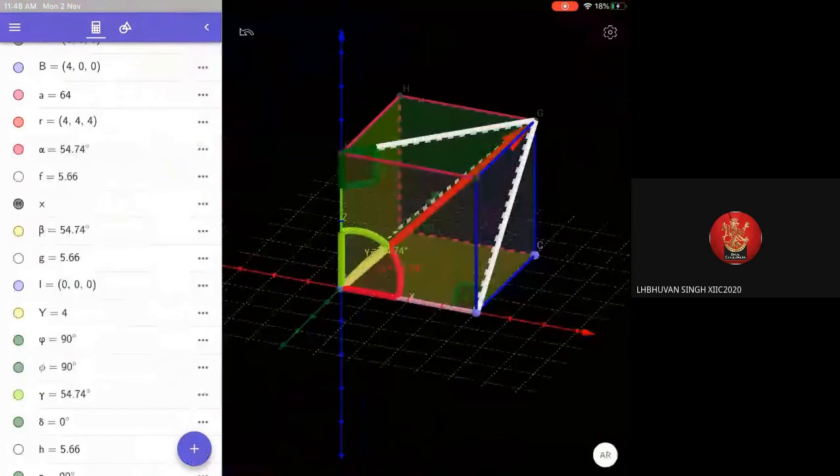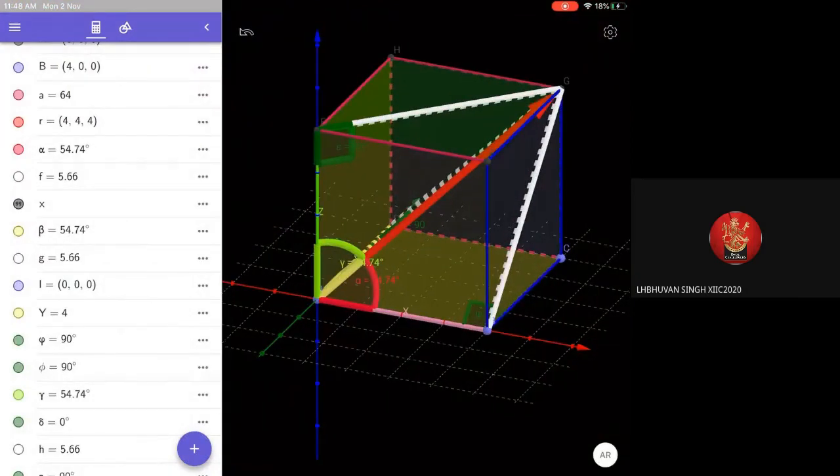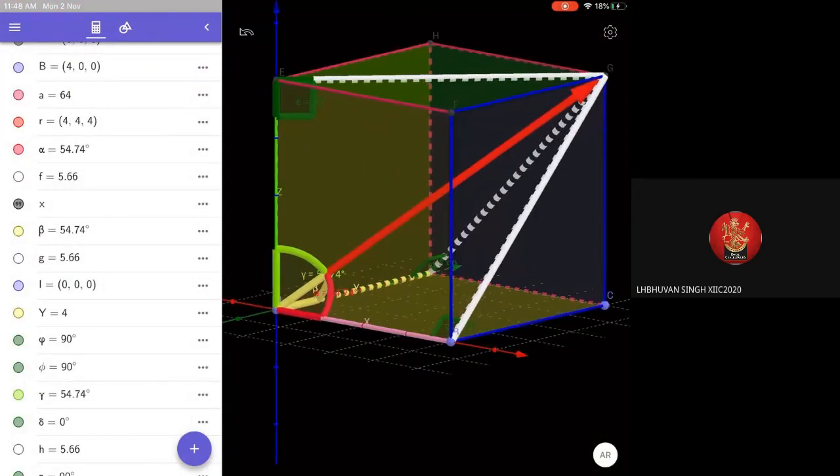Children, now you can understand this. Okay. So this red color arrow mark, which is a diagonal of this cuboid, is the position vector of the point. You can see it is written at G. The corner where the two white color lines meet at the corner of this cuboid, that is our point P(x, y, z). And the length of this diagonal, which is in red color, that is your r.